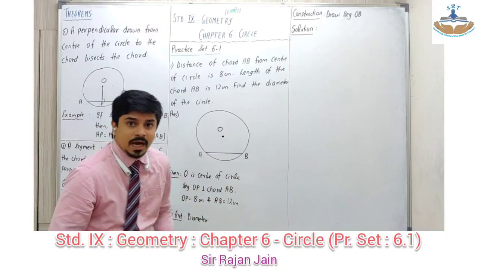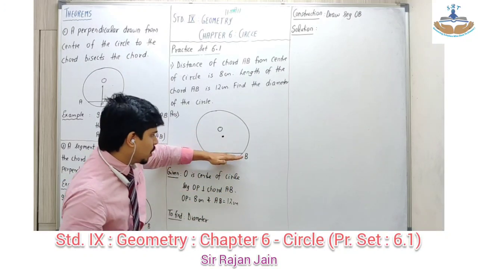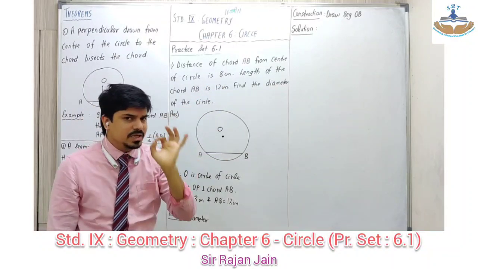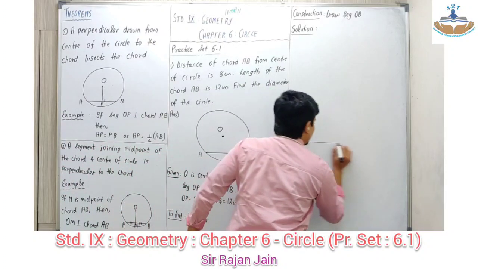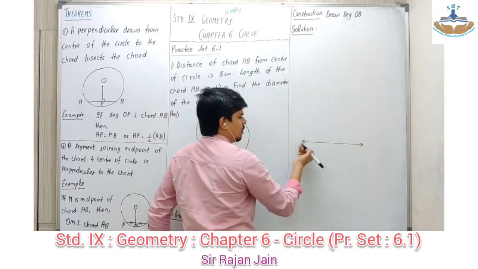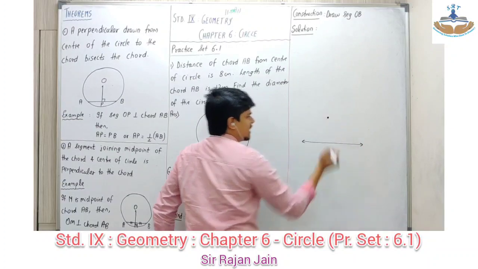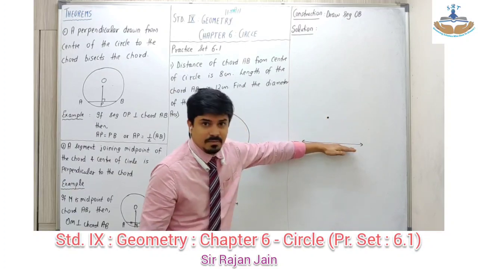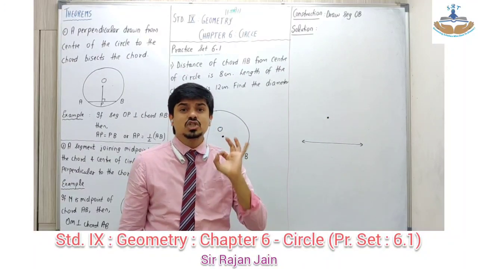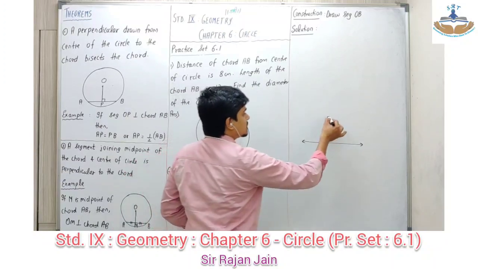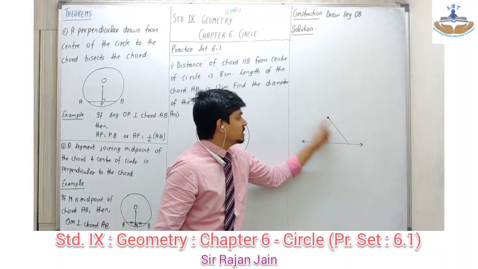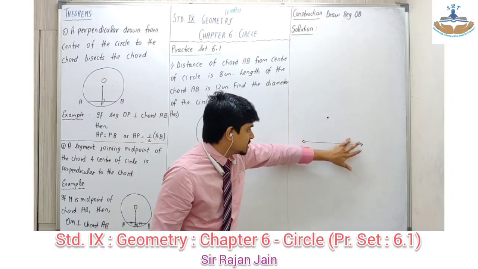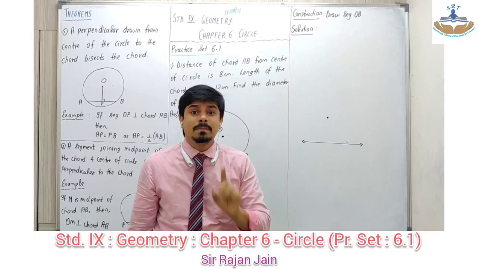This is your chord AB. अभी ये point और ये chord के बीच में distance is given as 8 cm. Now there is one rule that you need to understand. If I have a line or a segment, कुछ भी लो, either a line or a segment, and if there is a point outside, then distance between this point and this segment is always considered as the shortest distance. मतलब मैं कौन सा भी segment connect करके बोलेगा length of this segment is distance between point and the line, नहीं चलेगा. It has to be the shortest distance, and shortest distance is always the perpendicular distance.